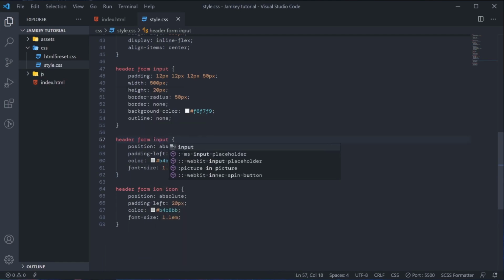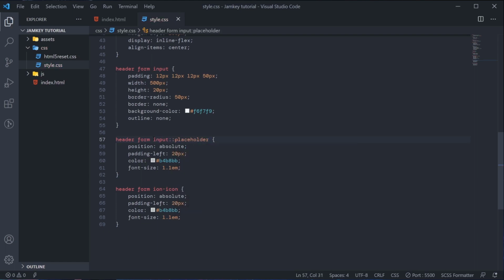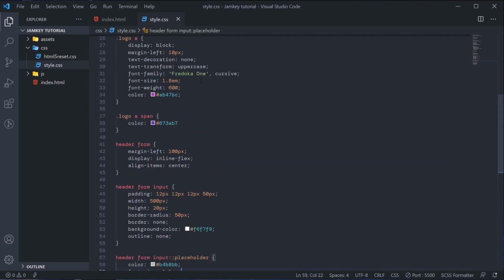I'll say input, then I'll type placeholder. So now we target the placeholder of the input inside this form. I need this color, so I'll paste it here. Then what else? The font size, we'll paste it here. And font family and font weight.